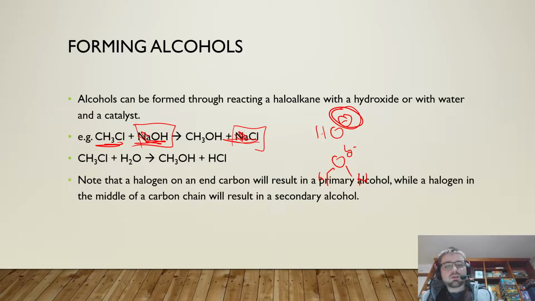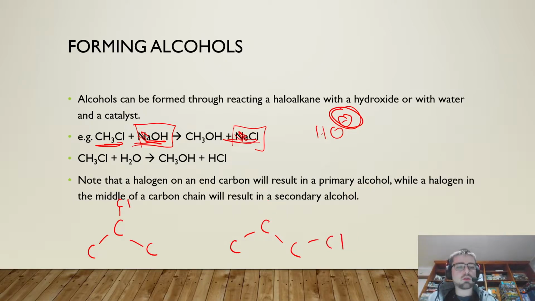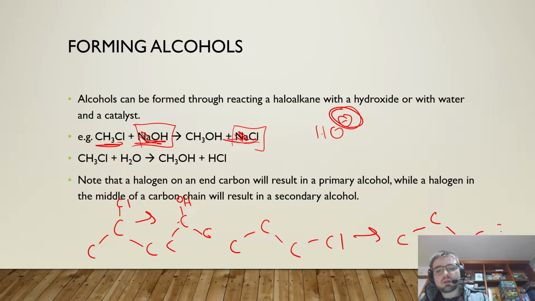So one thing to note here is that we'll get different types of alcohol based on where the reaction is. So if you imagine that you've got propane, and you've got the chlorine on the middle carbon here, so we've got 2-chloropropane versus if we had 1-chloropropane. With the 2-chloropropane, we replace that and we're going to end up with a secondary alcohol. So the OH is on a carbon connected to other carbons. Whereas if we've got a 1-chloropropane, so the chlorine's on the end, we're going to end up with a primary